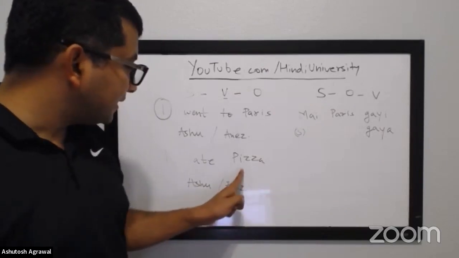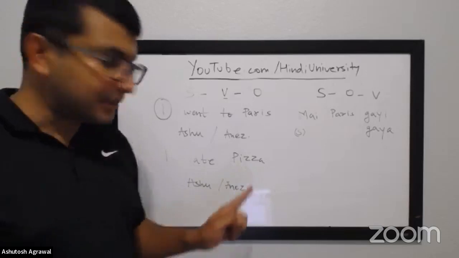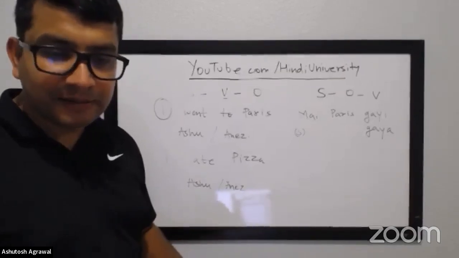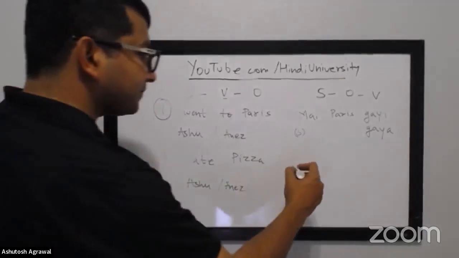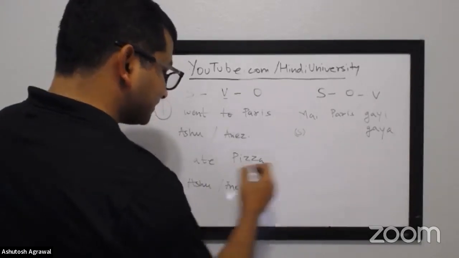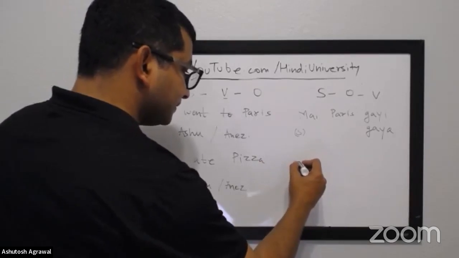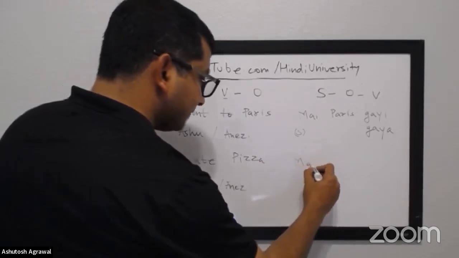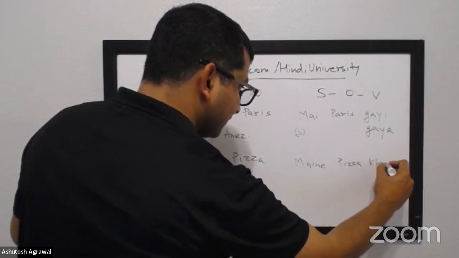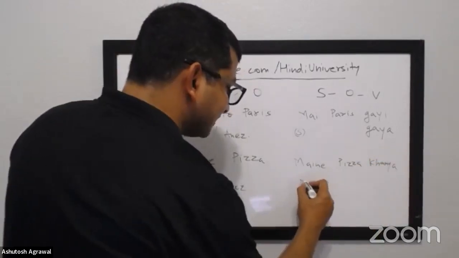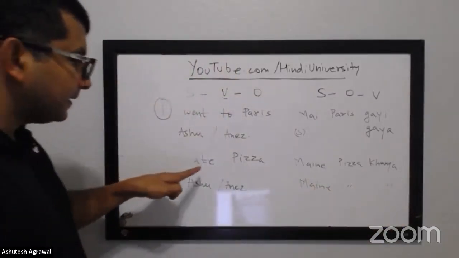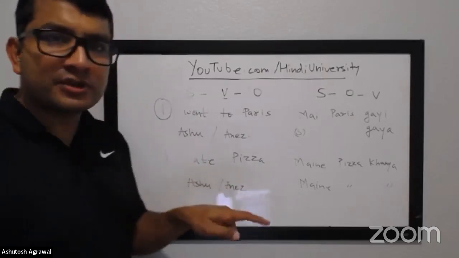Now, English doesn't differentiate it. In English, you're going to say the same thing, I ate pizza, whether Ashu is saying it or Aneska ji is saying it. How about this, Aneska ji? This is a transitive sentence because of eating, and we're passing that over to the pizza. So you will say मैंने pizza खाया, and I will say exactly the same thing, मैंने pizza खाया. The difference here is when the transitive verb is used in the past tense.